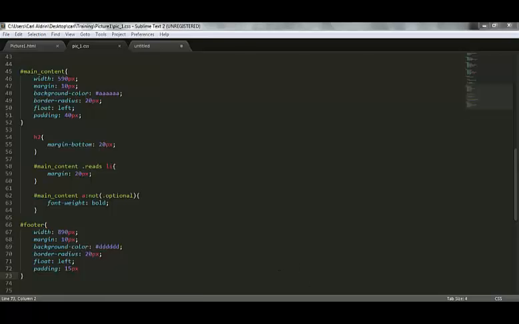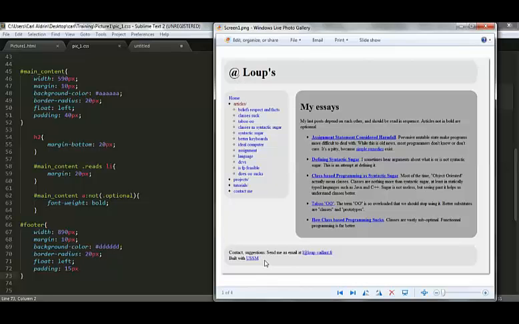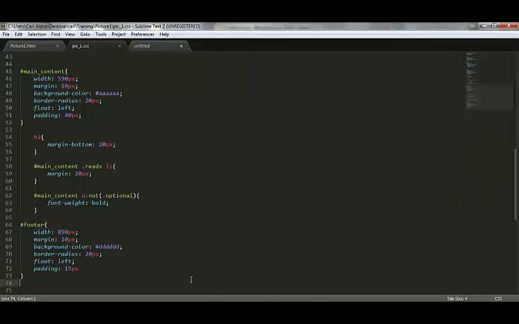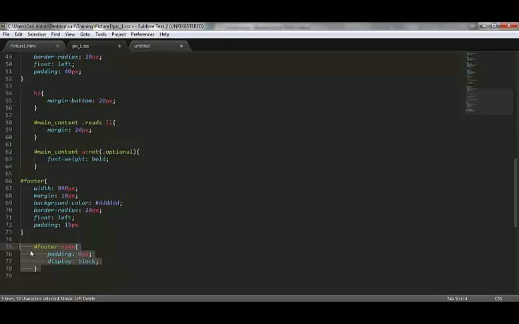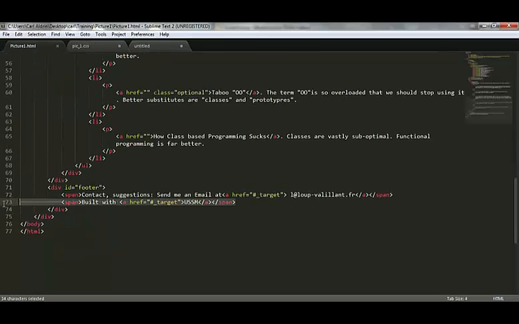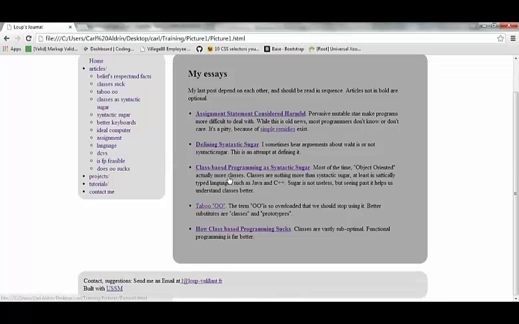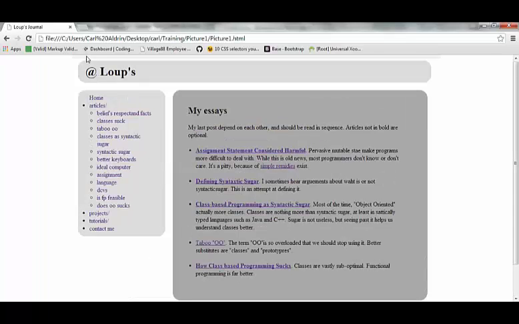Lastly, on the footer, as seen here, "built with USSM" would be on the next line, unlike this. So, to give a solution to this, we will put padding 0 and display block on the spans in the footer. So, if we save it right now and have it refreshed, "built with USSM" would be on the next line. But the problem here is that the background has collapsed.